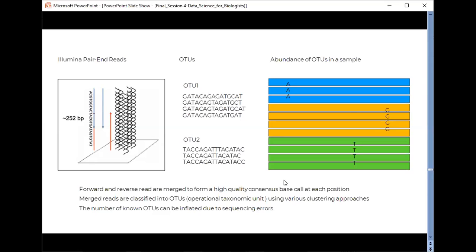These OTU classifications can be done by hierarchical clustering, uClust, CD-HIT, or Bayesian clustering. So there are different methods used to analyze OTU classification. In the 16S metagenomics approach, OTUs are clustered. OTUs are the clusters of similar sequence variants of the 16S ribosomal DNA marker genes.